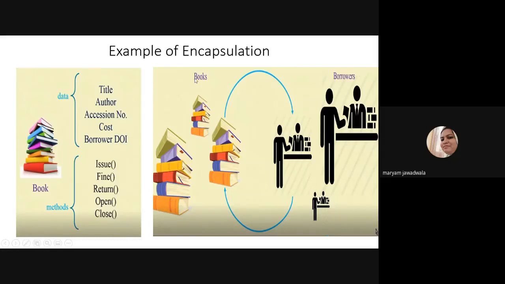And if I want book and borrower to communicate, obviously we need to communicate, right? Obviously we need to issue some book, and who is going to issue or return the book? Some person is required. So for the person I make one class, that is borrower. After creating a class you must create an object for that class. And how can the objects communicate? An object of the book class can communicate with an object of the borrower class using a message passing system.